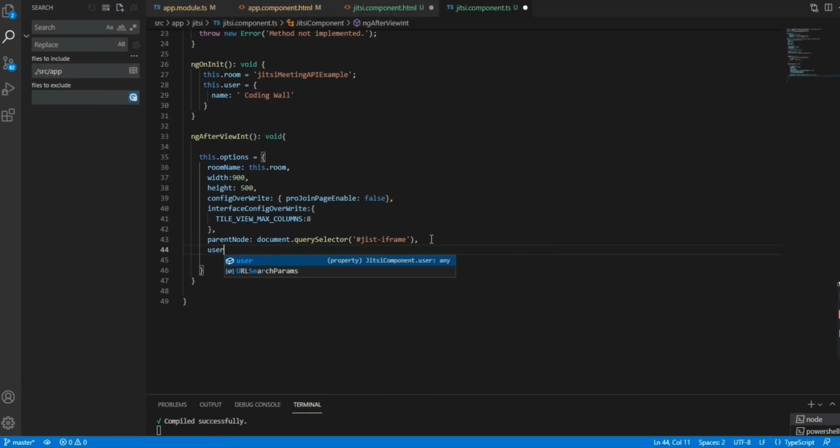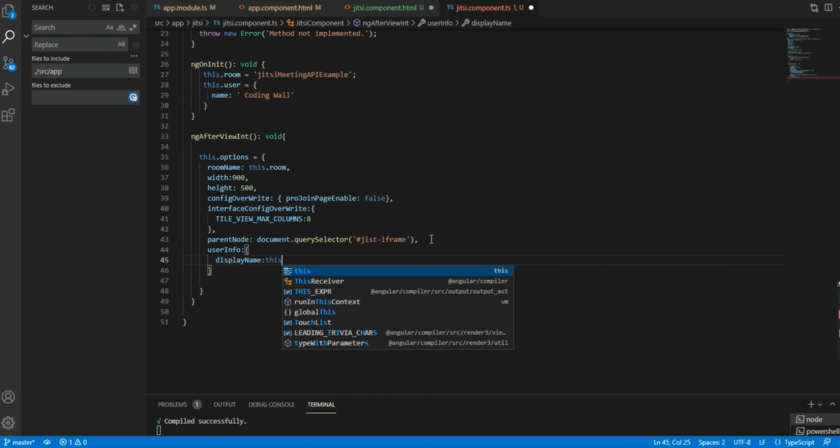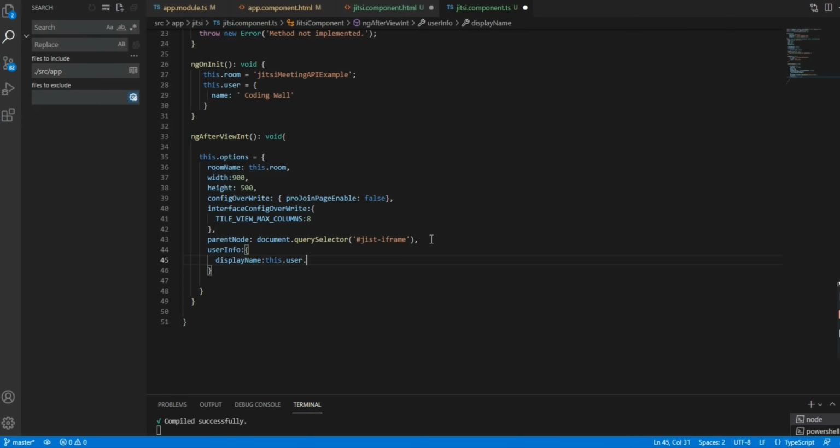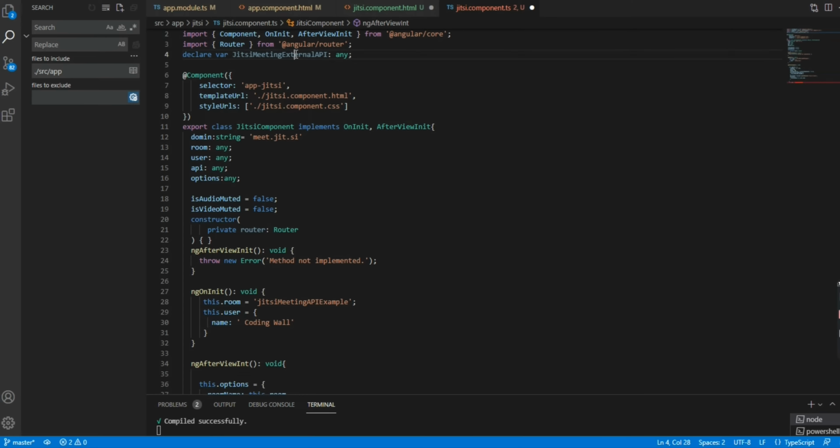The object name we mentioned here, we need to copy here. We're directly assigning a DOM element. Okay, here we will give user info of an object, display name of this.user.name. Okay, now this object has been completed.